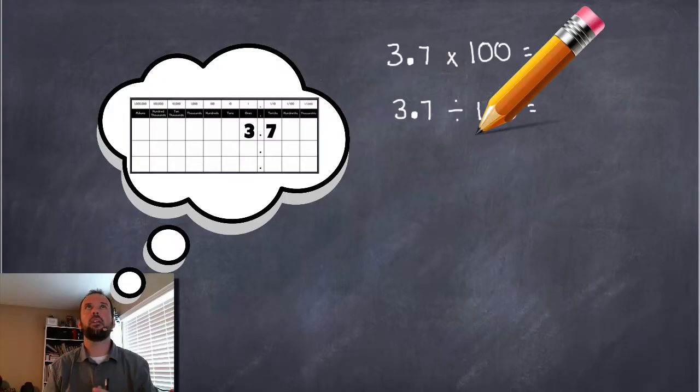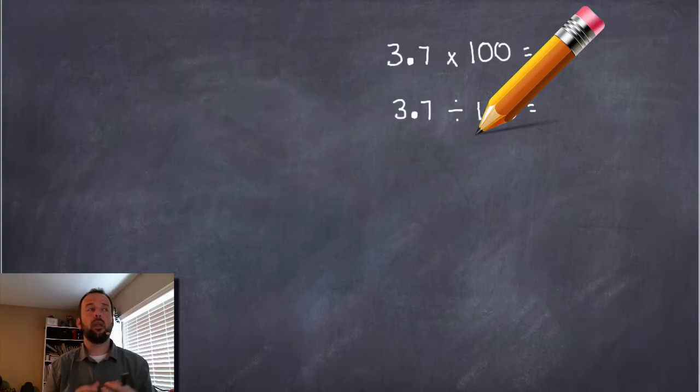Just think about it and say, okay, if I'm multiplying by 100, I'm going to have a bigger number, right? So if I multiply by 100, my numbers are going to shift this way, and my decimal point is going to move this way, okay? So think about that for a second, and then do the same thing with the division. If I have 3.7 or 3 and 7/10 and I divide, I'm going to be making a smaller number, right? So you can visualize that, see where those numbers are going to move,